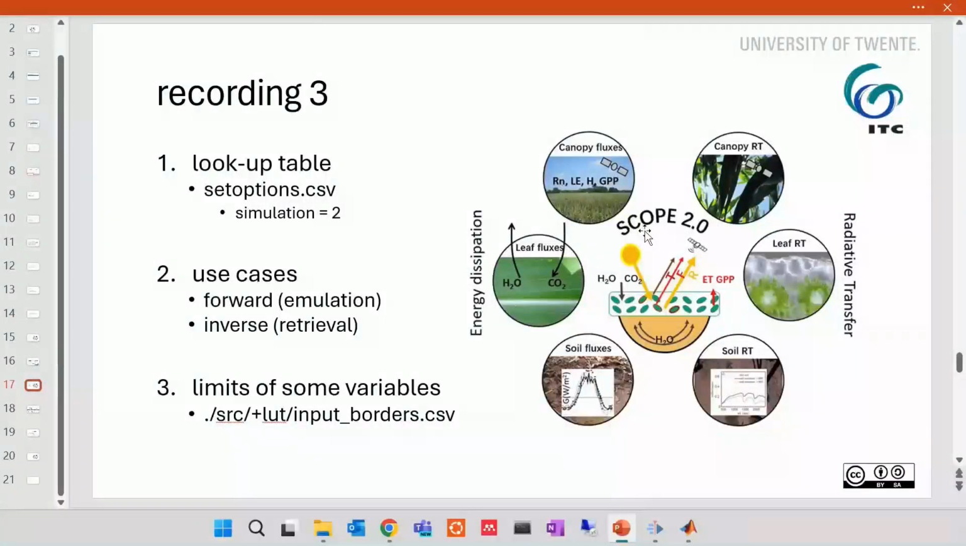Hello, I'm Yegor Prikazuk, and this is the user guide of the SCOPE model, Soil Canopy Observation of Photochemistry and Energy Fluxes. Today, we are going to talk about the lookup table mode of running the simulation: when and what for to use such an interesting, as you will see, simulation, and we will find limits of some variables of